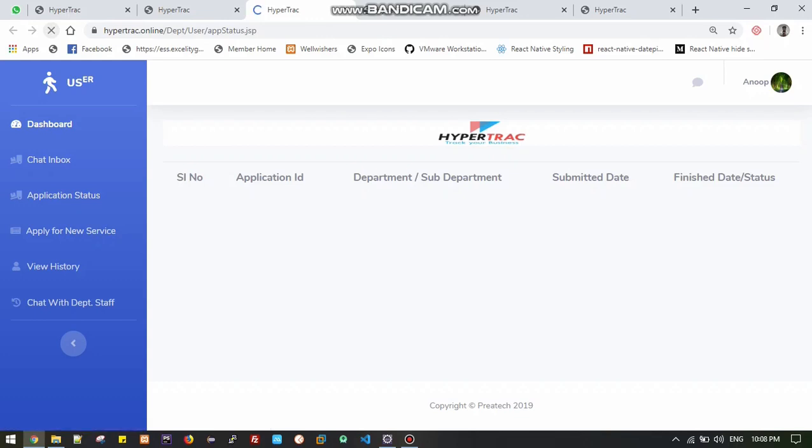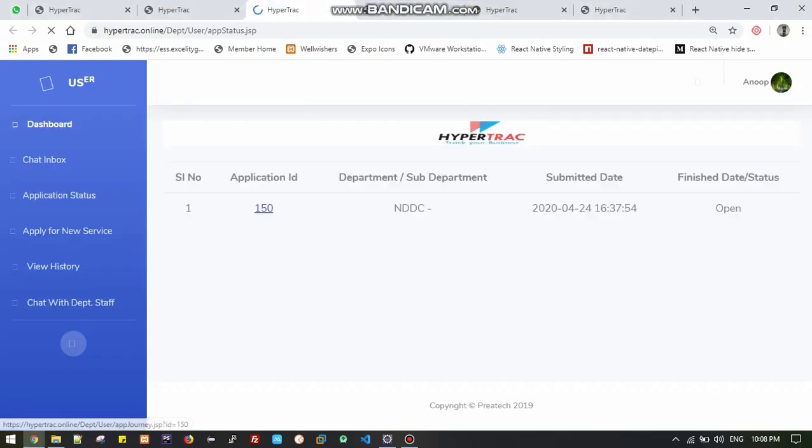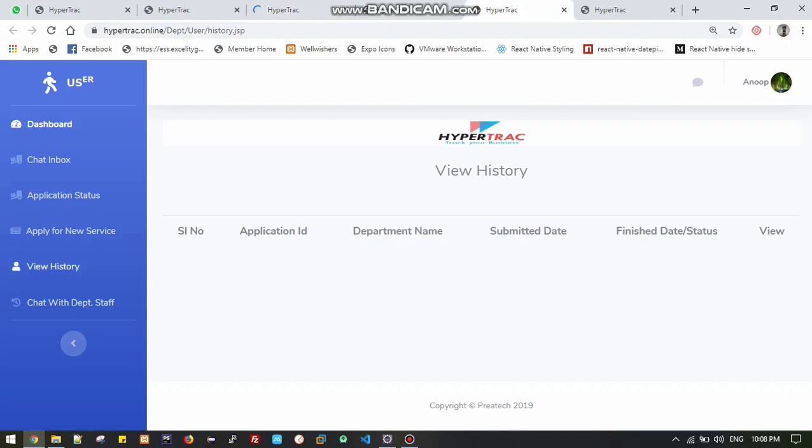There you can see that particular application. And all the history in your account, all the applications you have made, all its history will be shown in this section.